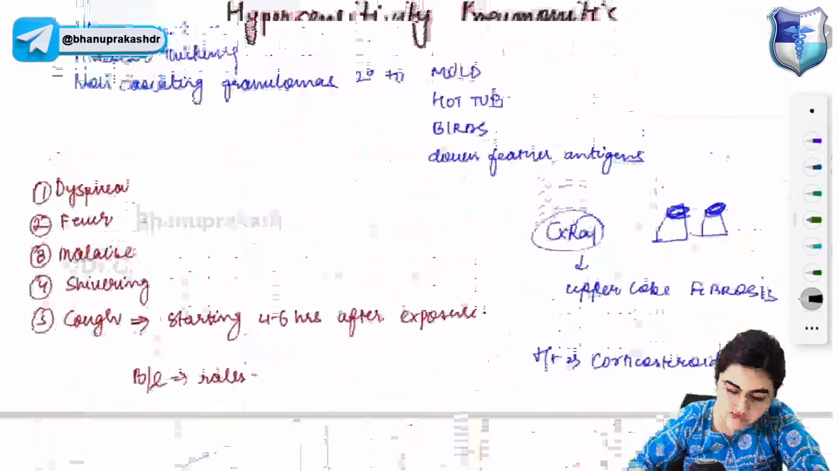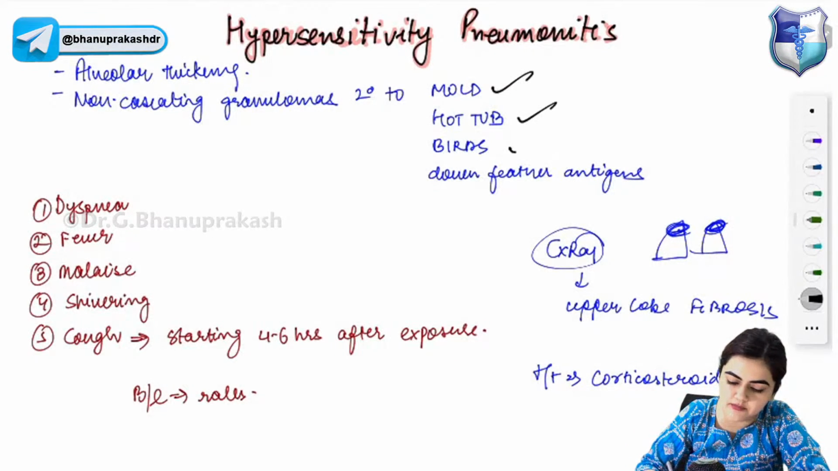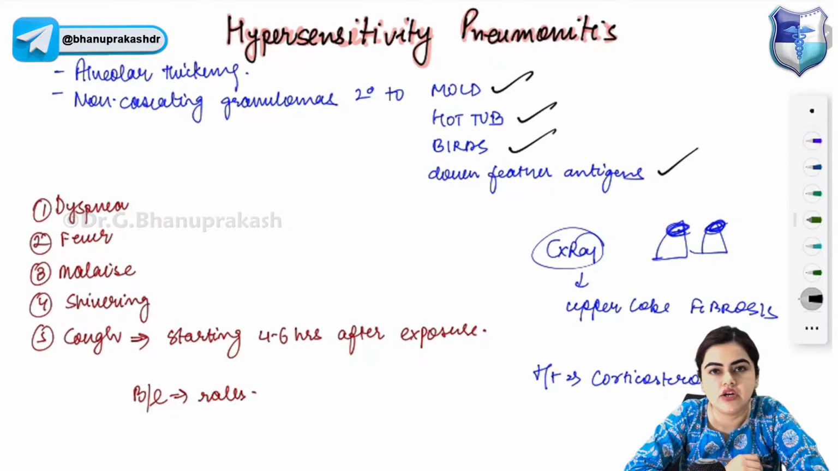Now coming to hypersensitivity pneumonitis, I'll be quick. Hypersensitivity pneumonitis is characterized by alveolar thickening and non-caseating granulomas secondary to mold, hot tub and birds, and it is secondary to down feather antigens. It will develop in response to hypersensitivity. It is a hypersensitivity reaction. So you'll find non-caseating granulomas will develop in the lung secondary to environmental exposure of mold, hot tubs, bird, down